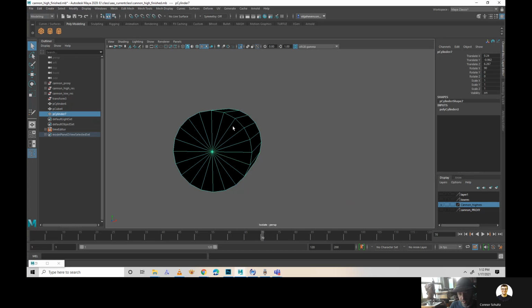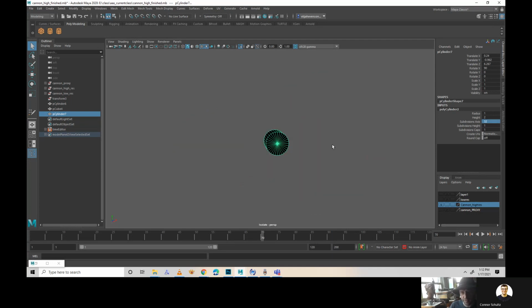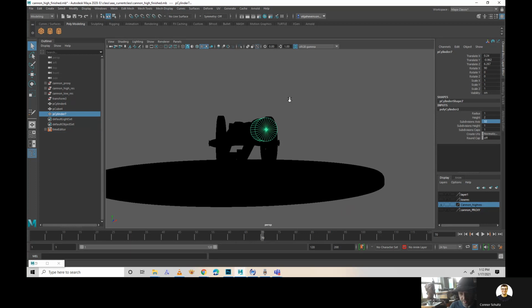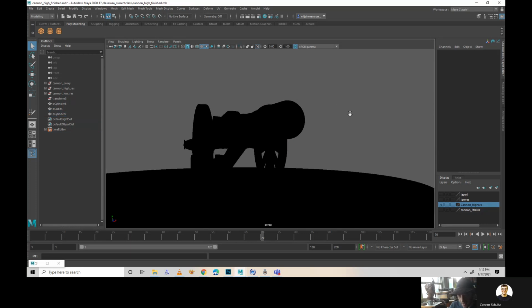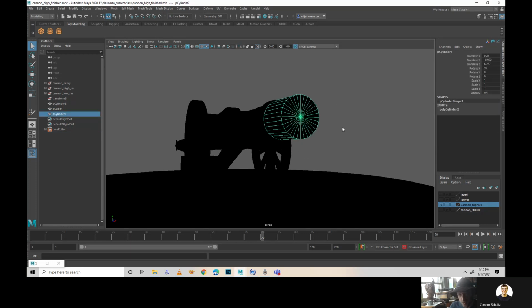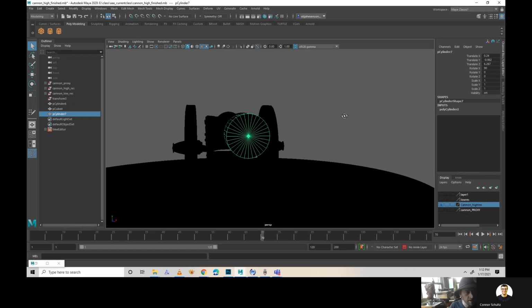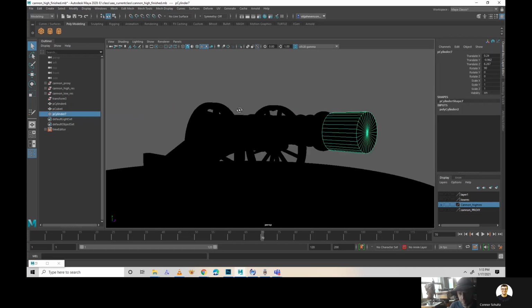So I'm going to keep the division as a multiple of 4, and we're going to set the subdivision axis to 32. And this looks pretty good from the camera distance. I'm not seeing any polygons. We're not too high. It's still pretty clean, but I'm not seeing any polygons. And that's what's most important about